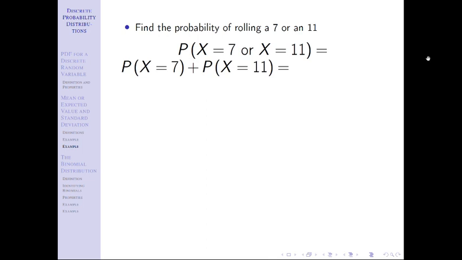Now I can replace those with the fractions in the table. When you say, now wait a minute, how does that make sense? This goes back to what we talked about at the very beginning. You need to understand that when we see probability or f of whatever the number is, those are synonymous. So probability x equals 7 is f of 7, probability x equals 11 is f of 11. That just means go back to the table and write f of 7 and f of 11, replace those with the numbers that you found, then do the addition, and you can get the value of 2/9.